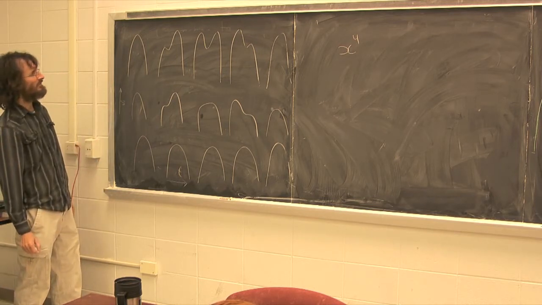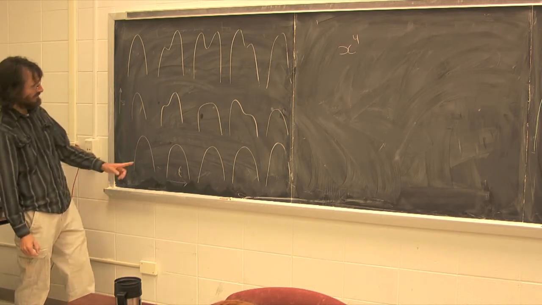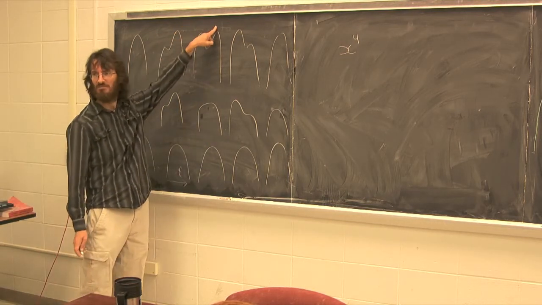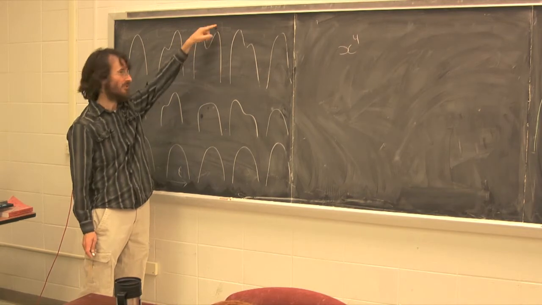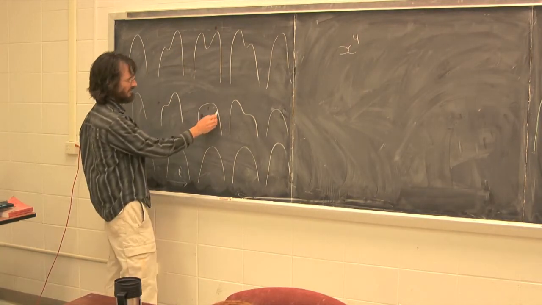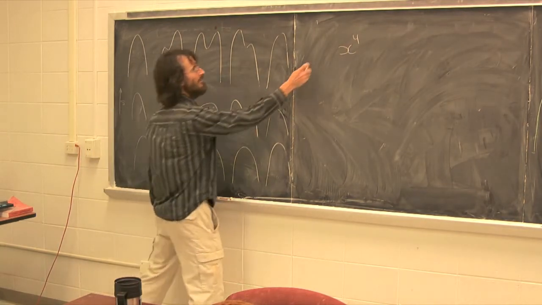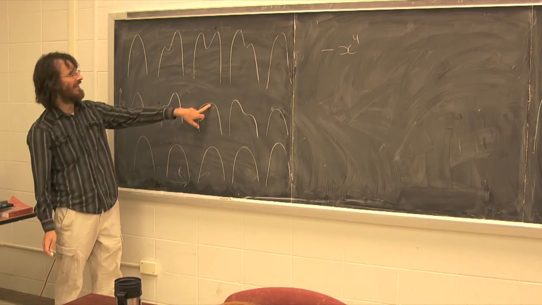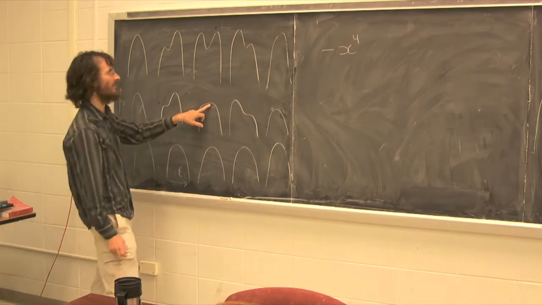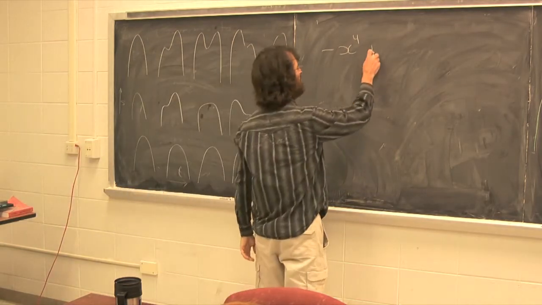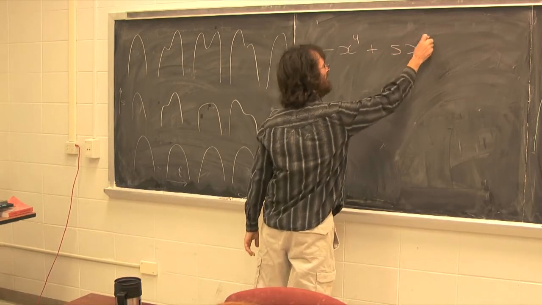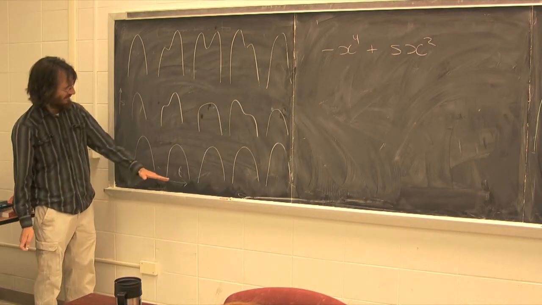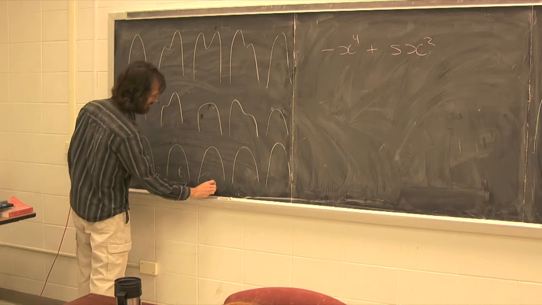Okay, so the point is in one direction we're going to add a quadratic. Well, we're going to take this, which is minus x to the 4th in the middle. Okay, that's what it looks like in the middle. So in one direction we're going to add x squared. So as s grows, plus s x squared. Okay, and then let's say this is going to be t equals 0, and this should be